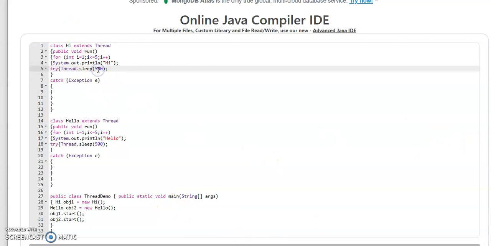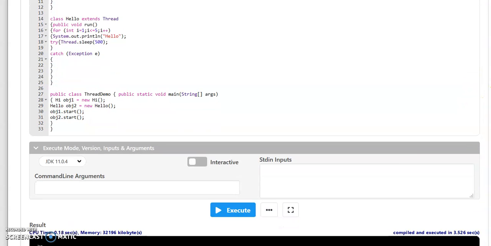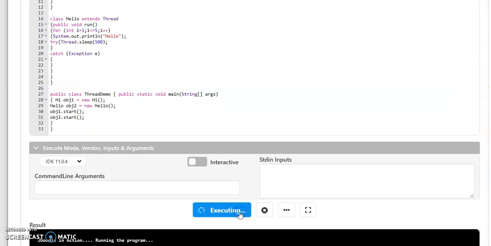So suppose this time is extended to 1000, so just imagine this will be sleeping more than the hello thread. So let us assume this is taking double time to come back to the normal state, and meanwhile this will be kept in this scenario. So let's see what happens when we run this particular program. So we execute this program,